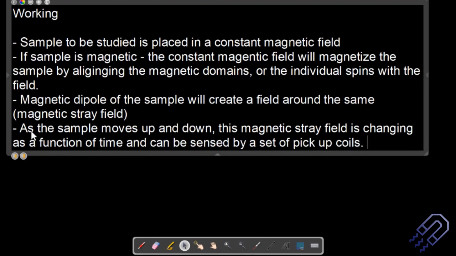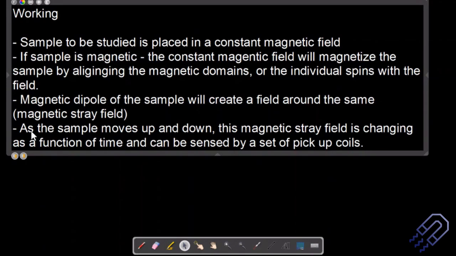Now you see what happens here is usually when the sample moves up and down, you already have a stray field because of the application of the magnetic field, right? Now when this sample actually moves up and down, what we have usually is